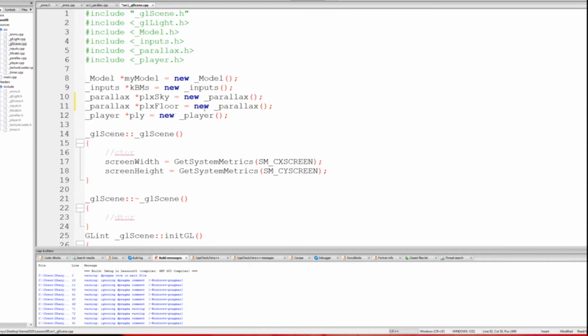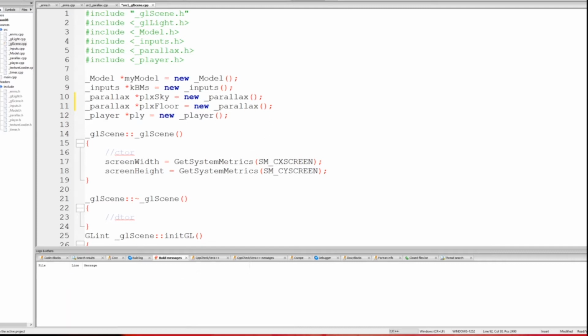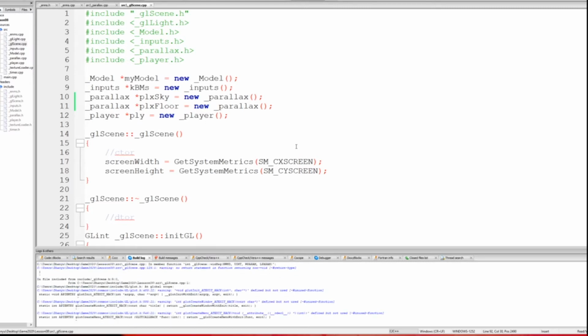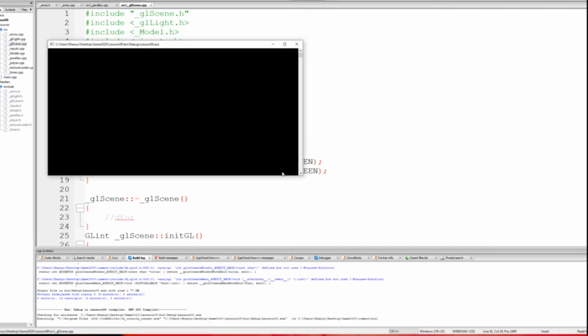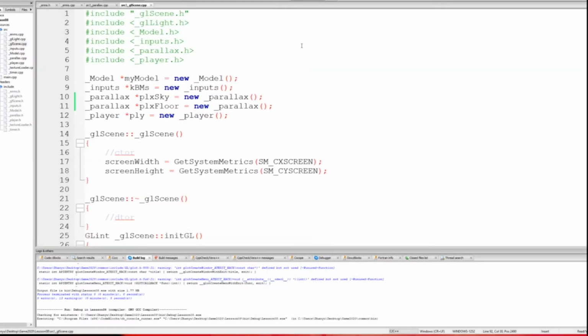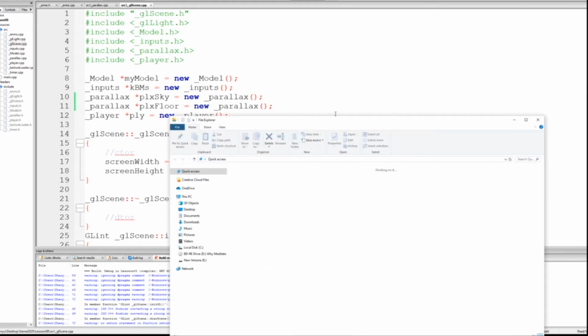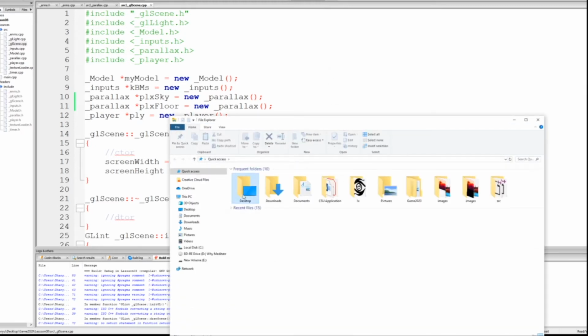If you want to make sure everything is in order, you can run this just to make sure there are no bugs. I will do it in the window mode. Oops, there's a problem, which is the file name. I did not set it up. So what was the file name I have for this? If we go back, the file name is